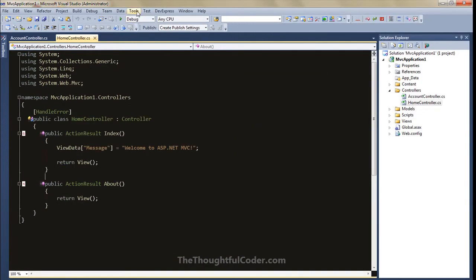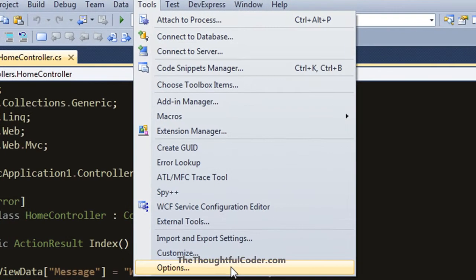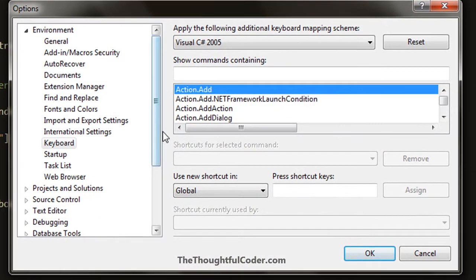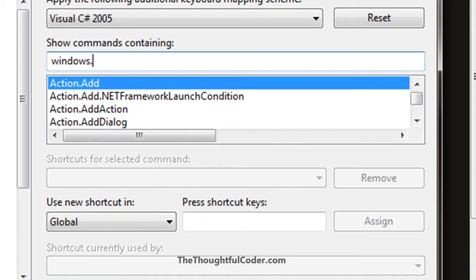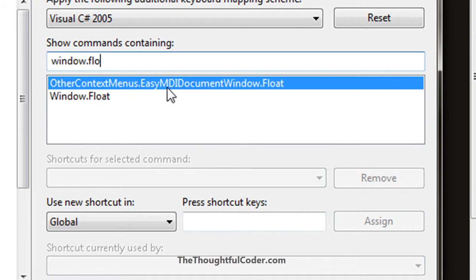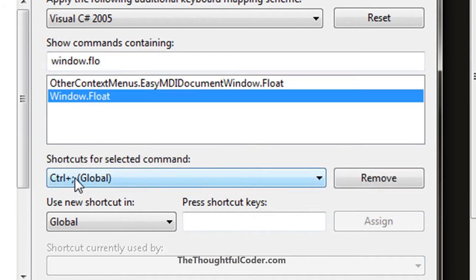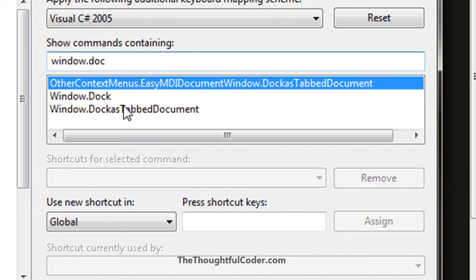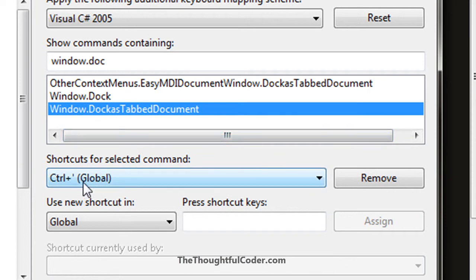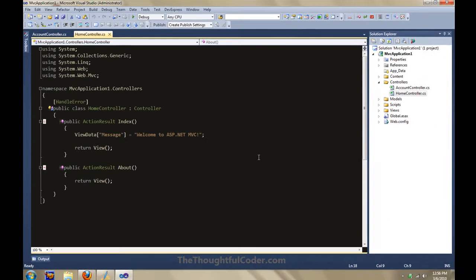I also thought it was kind of handy that you can create keyboard commands. So if you go to Tools, Options, and if you go to Environment, Keyboard, there's a couple commands. So there's a window.float command, and I went ahead and I bound that to Control semicolon, and there's also a window.dock as tabbed document command, and I went ahead and mapped that to the Control single quote key,